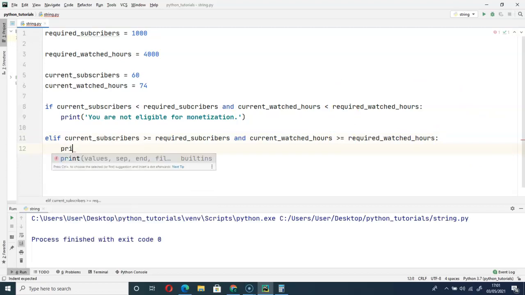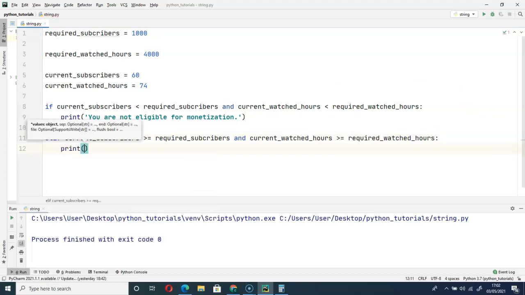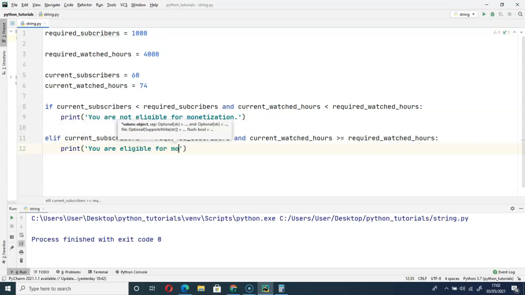Print, string should be in either single quotes or double quotes. So print you are eligible for monetization.